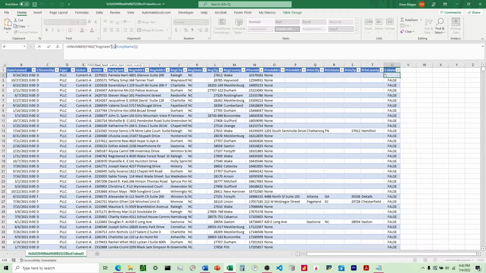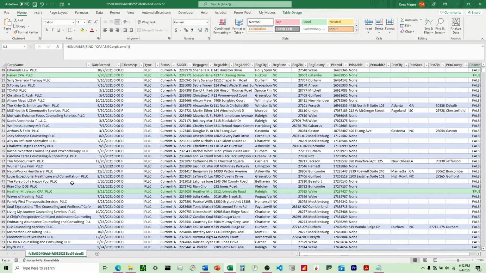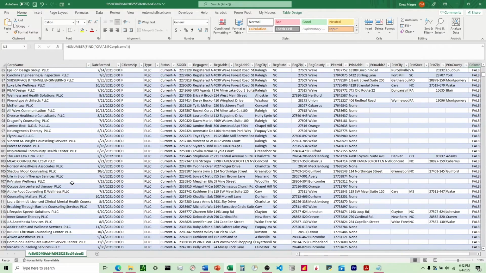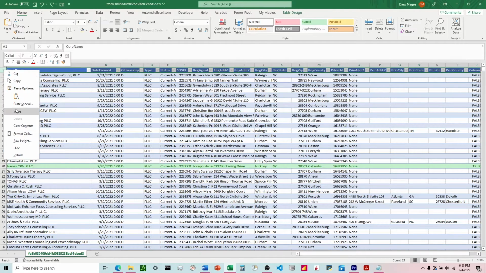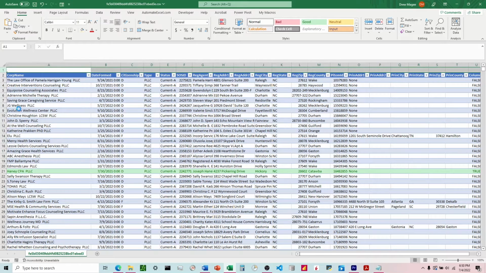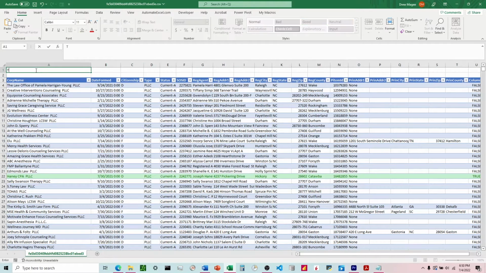So let's say, okay, instead of engineer, I want to look through and find CPA. All right, changes real quick, highlights everything. I can see everything with that term in there. So now we can take this one step further here, and we can add a couple rows here and do a search box. So term,